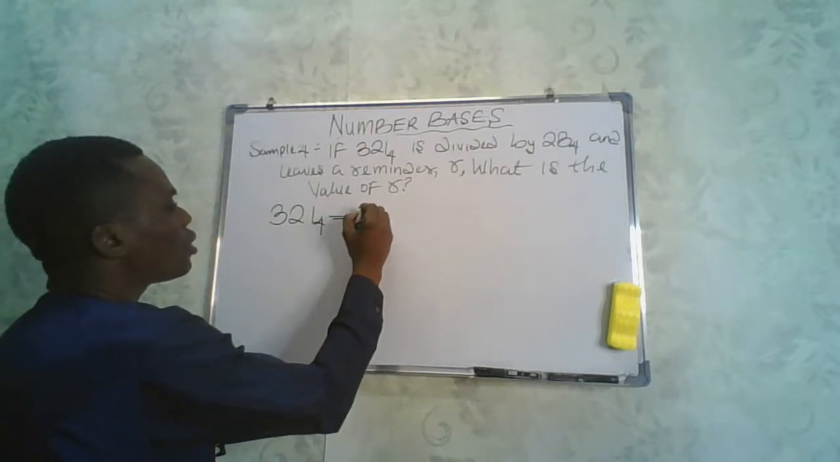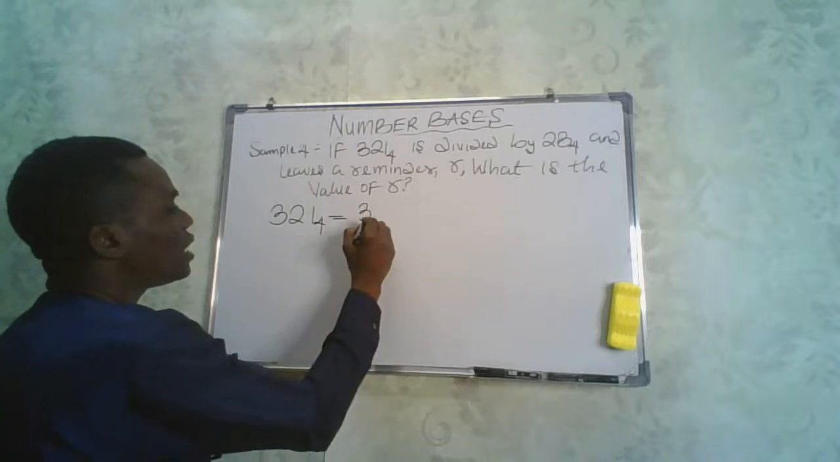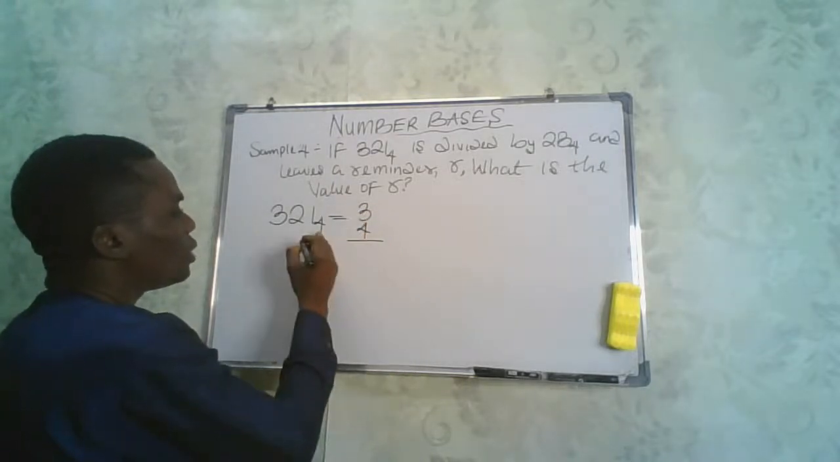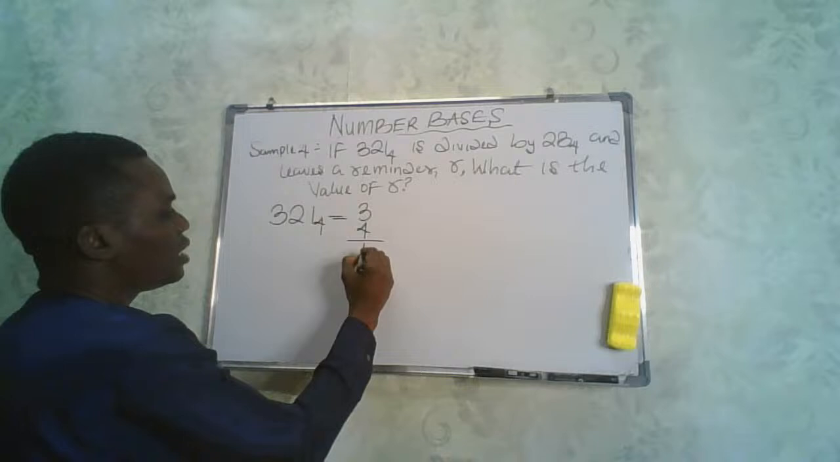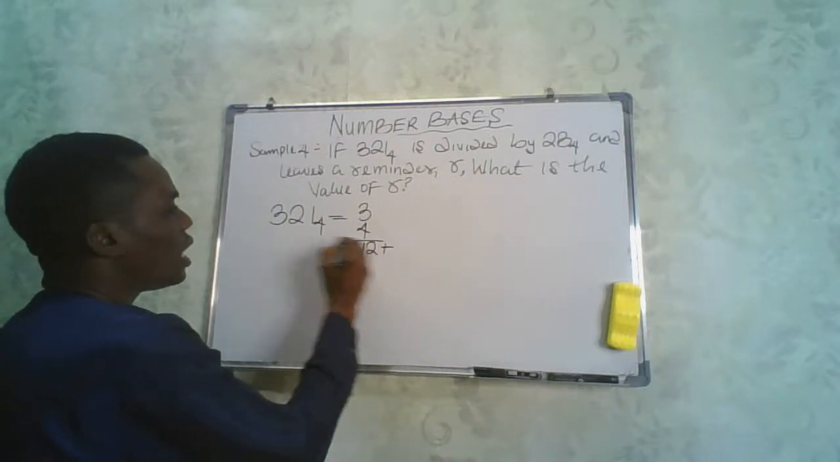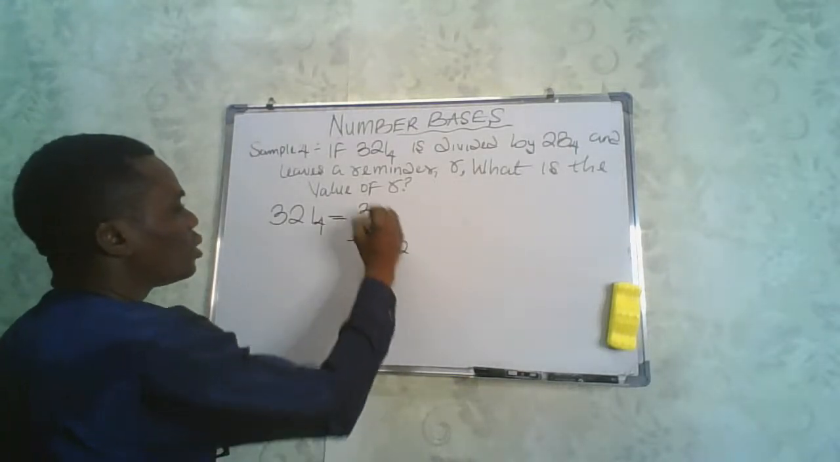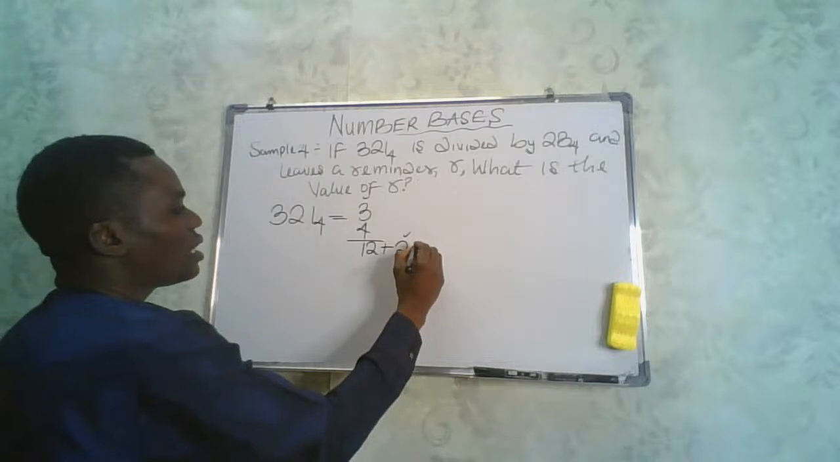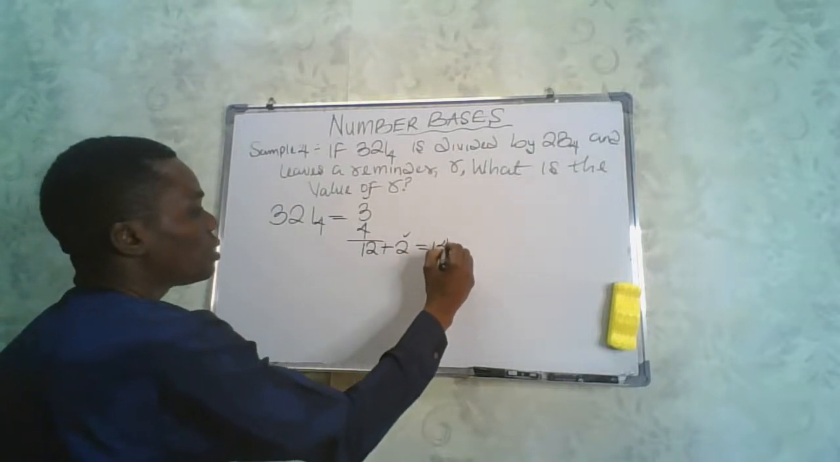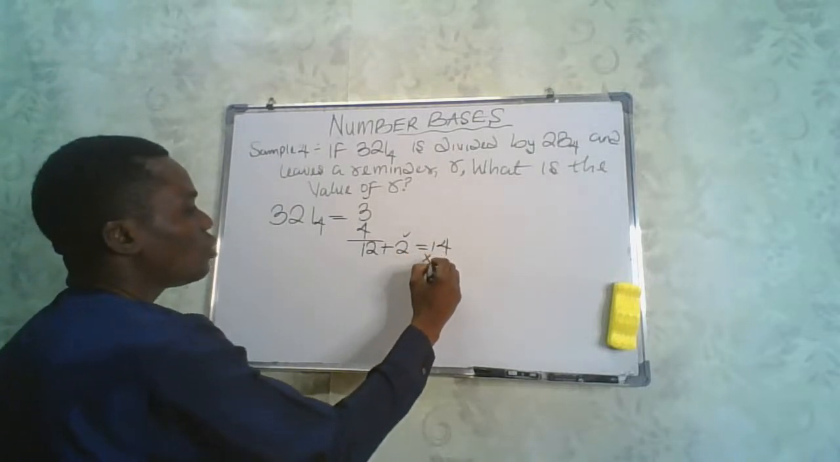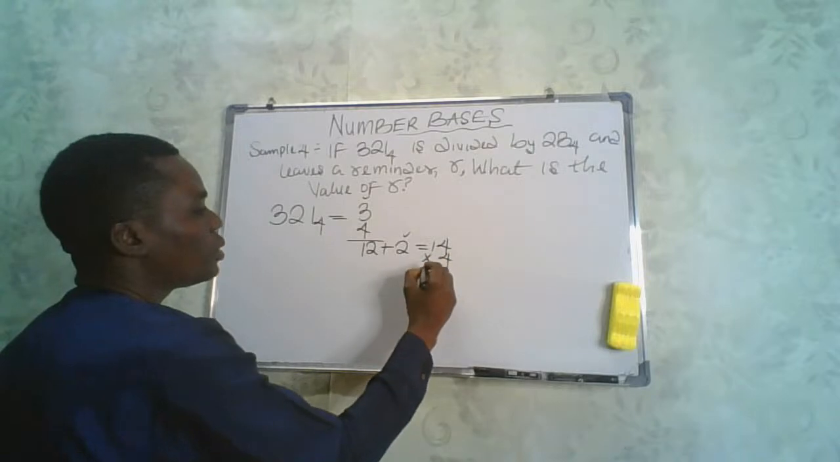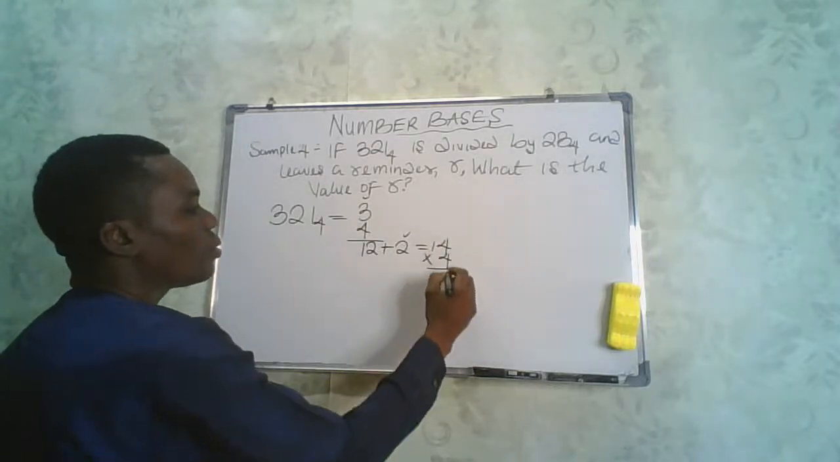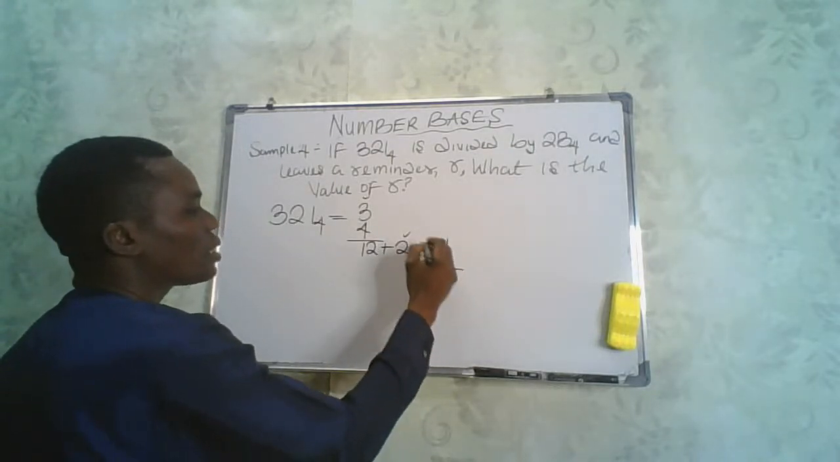So we'll have this become 3. Remember, you write the 3, you multiply it by 4, which is the base, and this will give you 12, right? You add 12 to 2, and that will give us what? 14, right? 14, you multiply it by 4, which is the base. 4 times 4 will give us 16. 4 times 1 will give